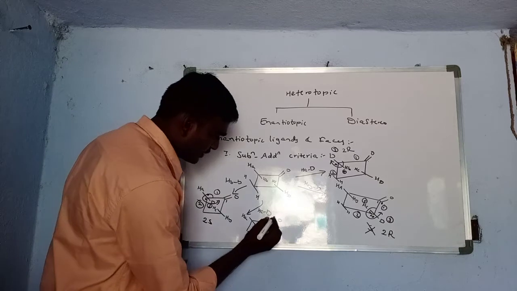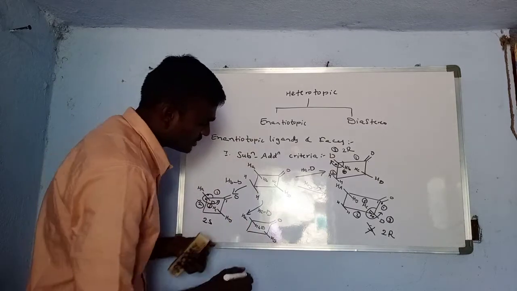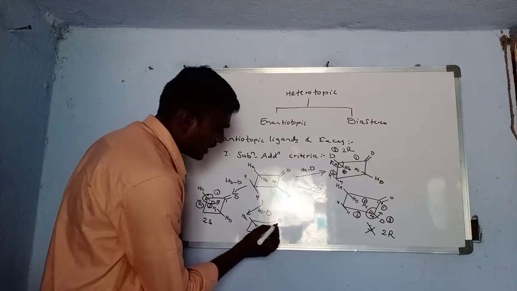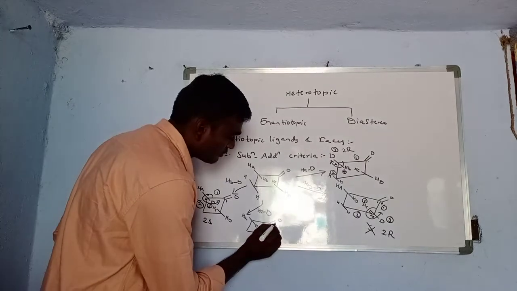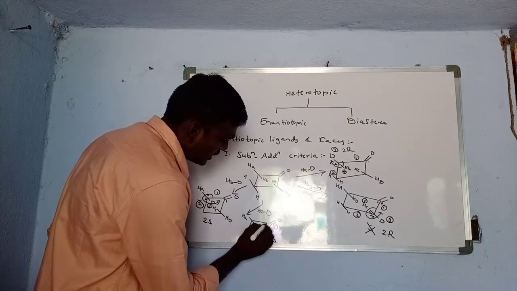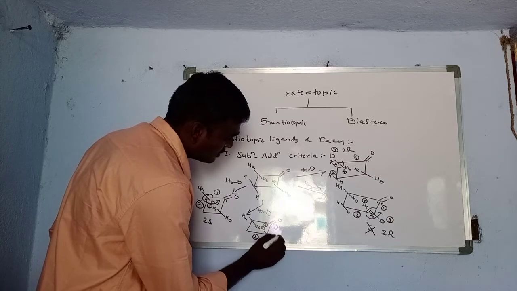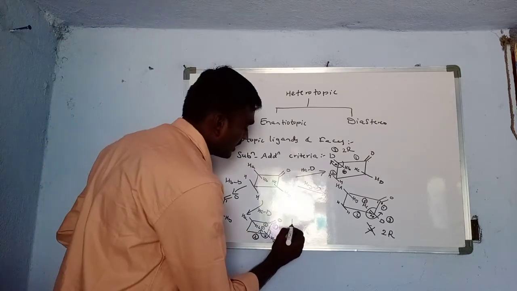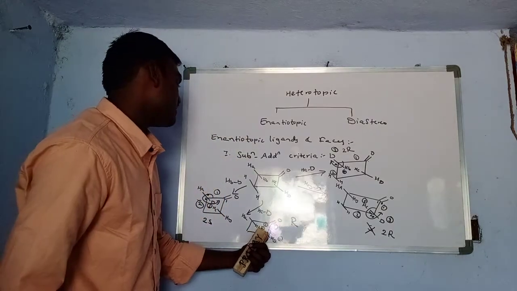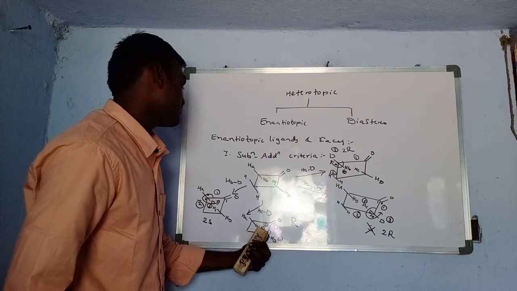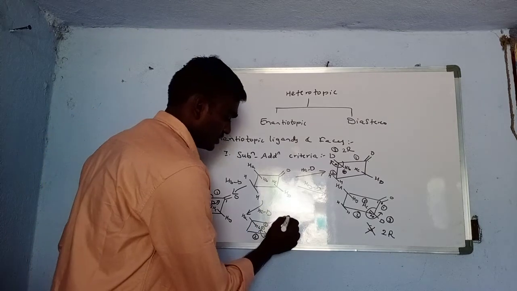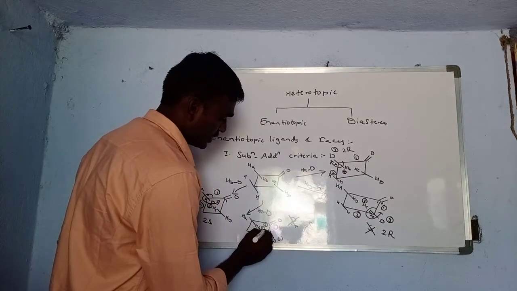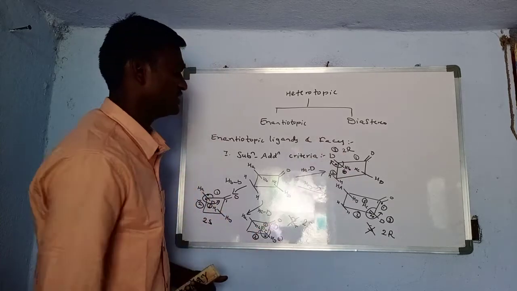Okay, in the similar way, where the chiral carbon is, this is the chiral carbon. Now we are giving the priorities according to CIP rules. First priority, second priority, and deuterium will get the third priority, and it will get the fourth priority. So it will be clockwise. For clockwise direction, it will be R. But because this is the back carbon, the configuration is inverted. So this is S configuration. We are giving the numbering first carbon and second carbon. So it is a 2S configuration.